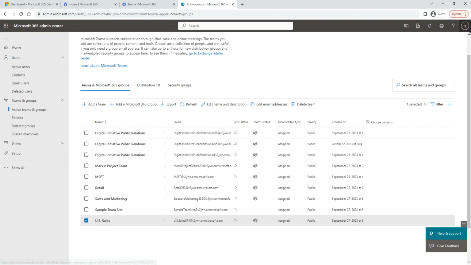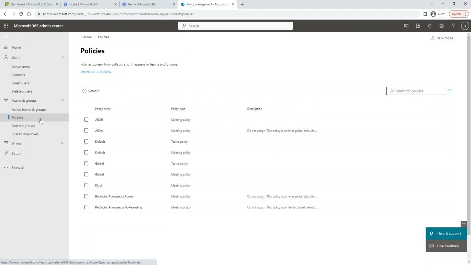I changed my name from whatever name it was, not only my name, any user's name in the organization. There are some policies that we set for an organization. So for example, when you guys joined the meeting, right? When you join the meeting, this is a policy.